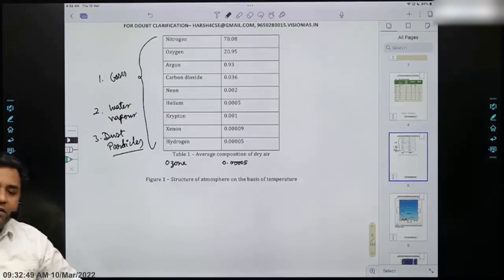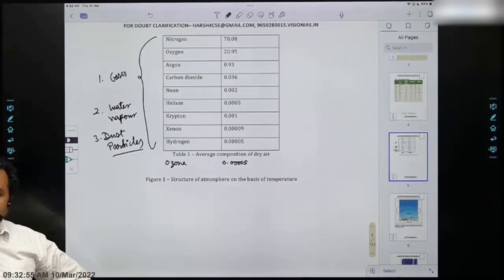Dust particles. So we are doing the composition only. So the dust particles. Where do the dust particles come from? Source of dust particles in the atmosphere. One is volcanic eruption. Very good. Sea salt. How does the sea salt go, by the way? Who said? कोई बात नहीं, बिना घबराए बोलना यार. Yes. Sea salt. Very good.